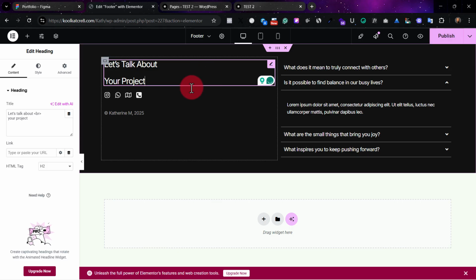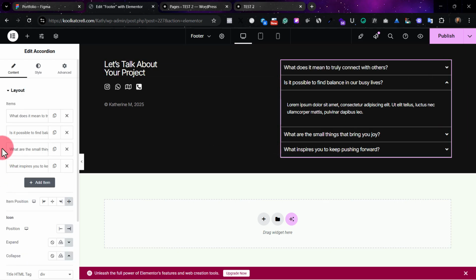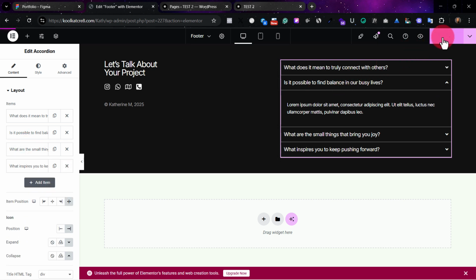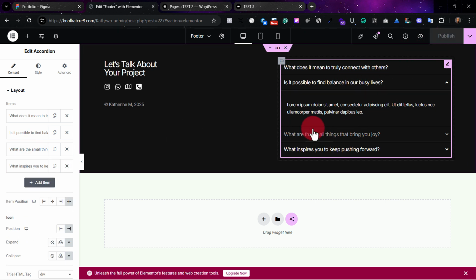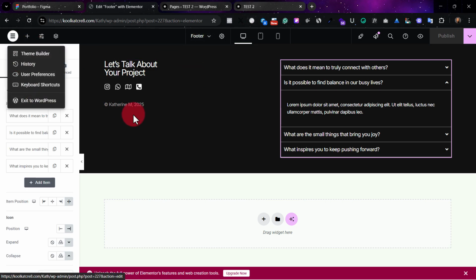You can just delete that, add that. You can literally edit anything. Once you click on this edit button, you would see everything you want to do or replace here at the left hand side. Then you click on publish. Once you are done, same thing, you click on exit,